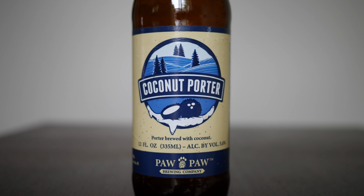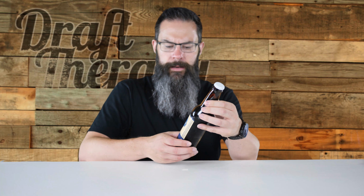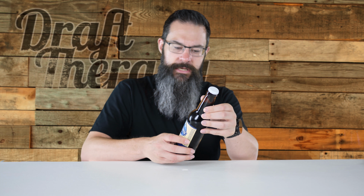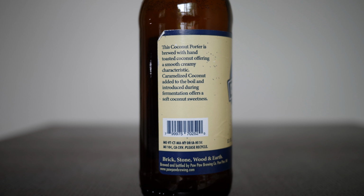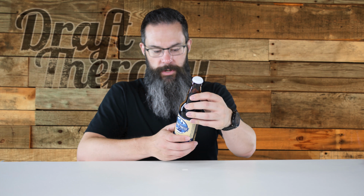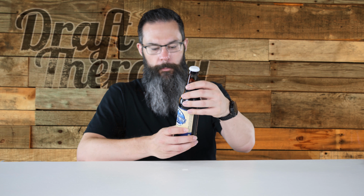It has the logo Paw Paw Brewing Company on the bottom here, and it looks like it's supposed to be a winter scene. And then on the side here, it says, this coconut porter is brewed with hand-toasted coconut, offering a smooth, creamy characteristic. Caramelized coconut added to the boil and introduced during fermentation offers a sweet coconut sweetness. And on the bottom here, it says brick, stone, wood, and earth, brewed and bottled by Paw Paw Brewing Company